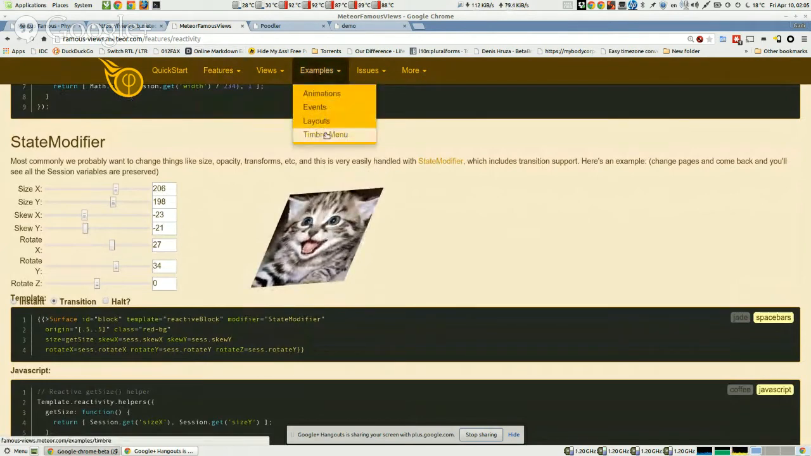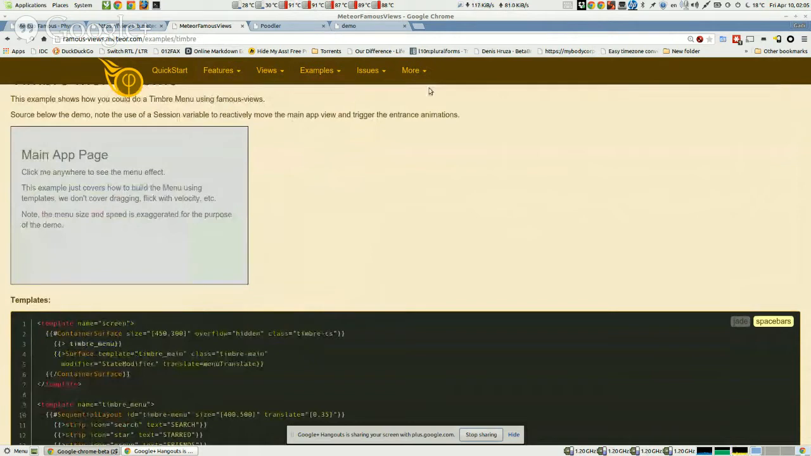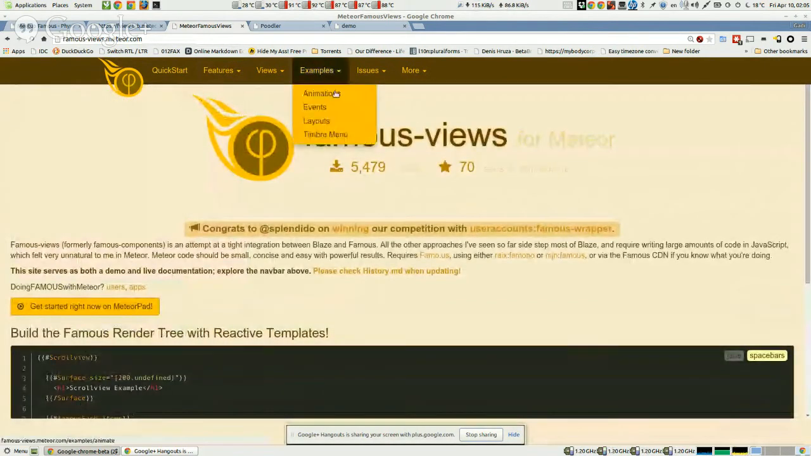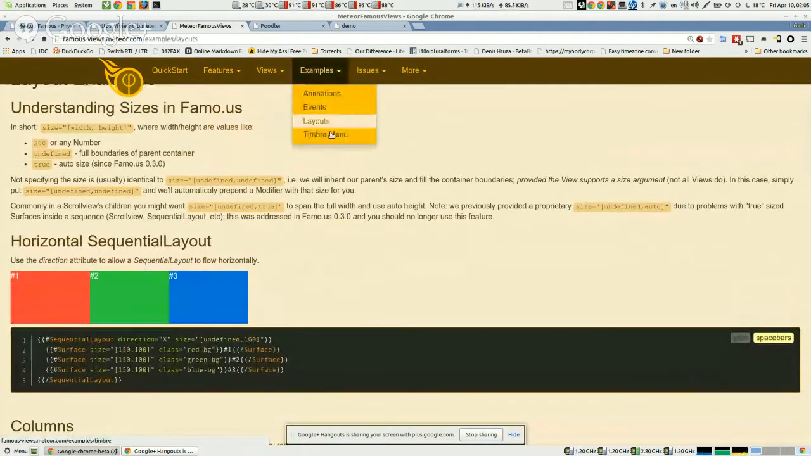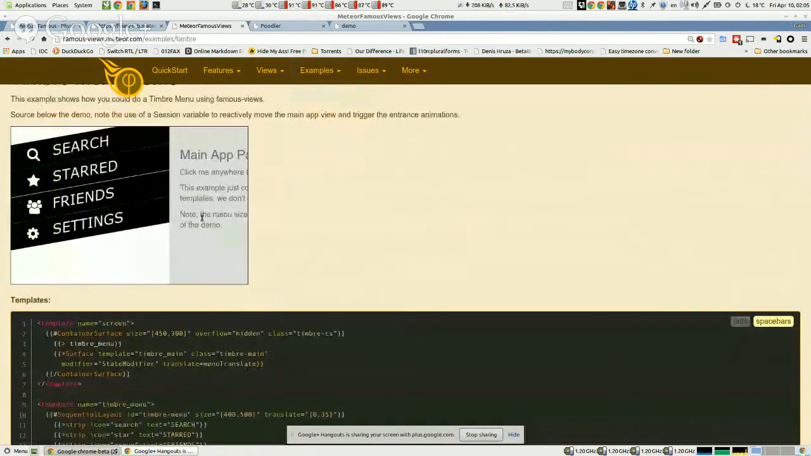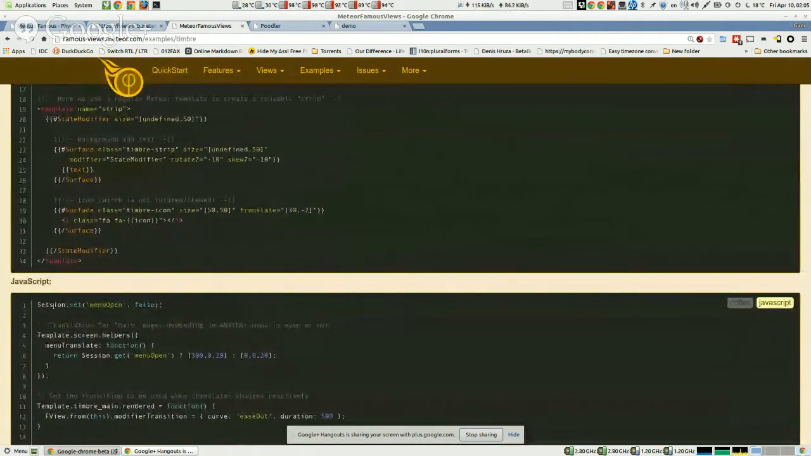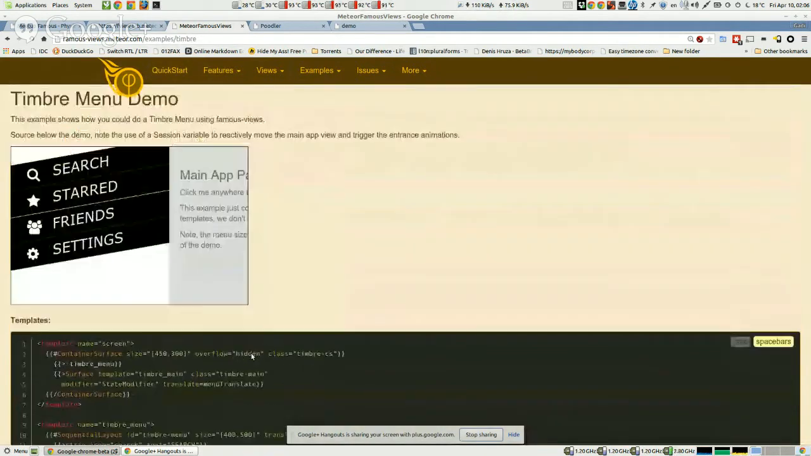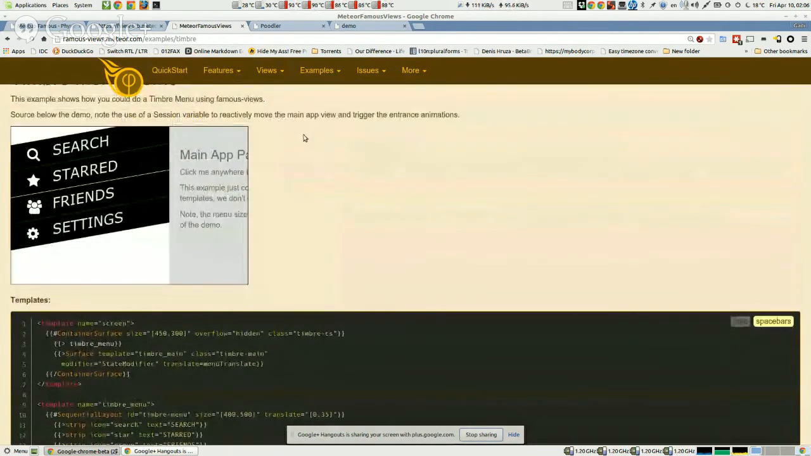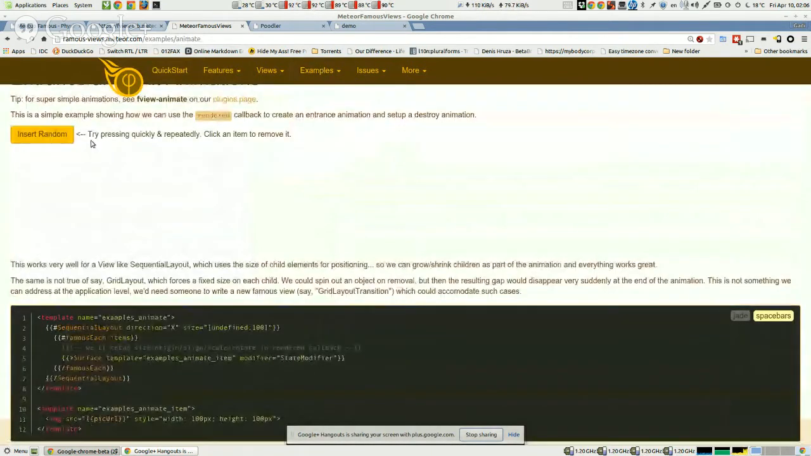We've also got things like the timber menu layout. If you look at the site, I'm on the Famous Views website now. In all the demos we give, we give sample code. So, the timber menu is working on a reactive variable, whether or not the menu is open. Everything happens based on that. If I look at the code, it's just session set menu open false. And when they click, you're toggling it. Everything works around that, and the code is quite clear. Also, everything is based on what templates are open at the time, and Meteor handles all that stuff for you. There's some animation, but